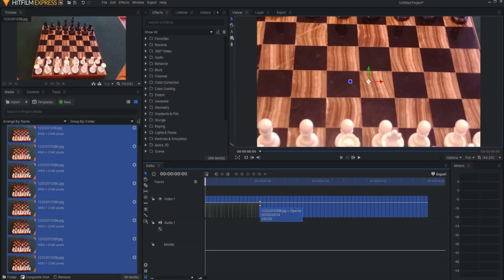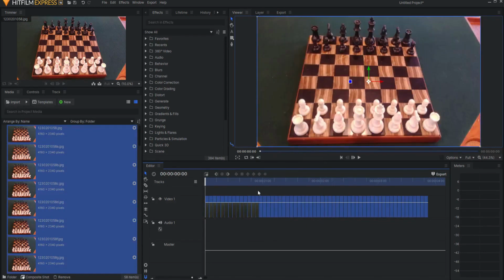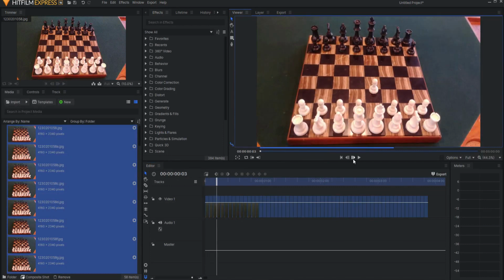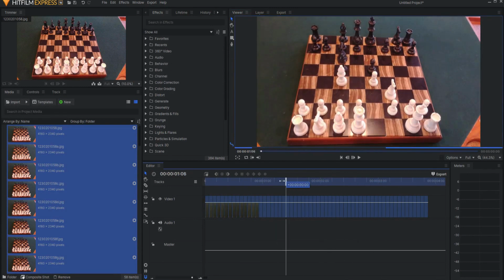And with them all selected, I right-click and say Transform, Fit to Frame. And so now you can see, if I just sort of move forward, that each piece is moving. You can tell that I had some lighting issues. You can tell that my camera moved a little bit. You just can't have those things happening. But here's the deal. On every single one of these, it looks like stop motion animation because there's no motion